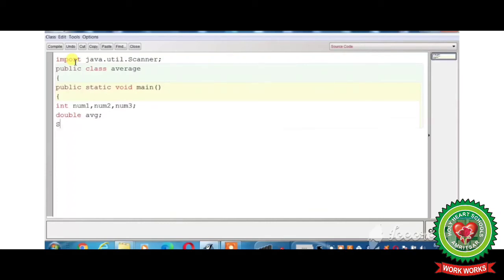Enter. Now we will write Scanner class, Scanner scnr, that is the object name, equal to new Scanner(System.in);